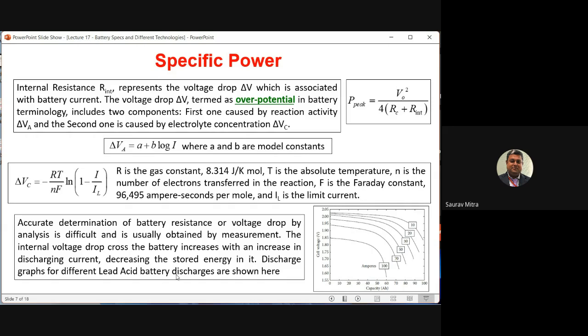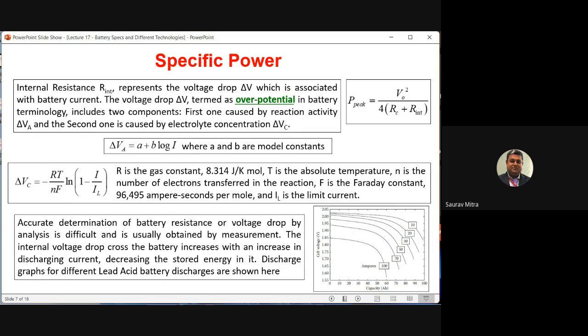The discharge graph of a lead acid battery at different discharge currents is shown here. Again, I'm telling you that this kind of graph will be asked in your IA2. I will call it the different discharge graph. If the discharge current is 10 ampere, you are starting from 2.03 volt. Understanding this graph is very important. The x-axis is capacity in ampere hour, and the y-axis is cell voltage, mainly the starting cell voltage. I had explained this graph previously, and again I am explaining it today.